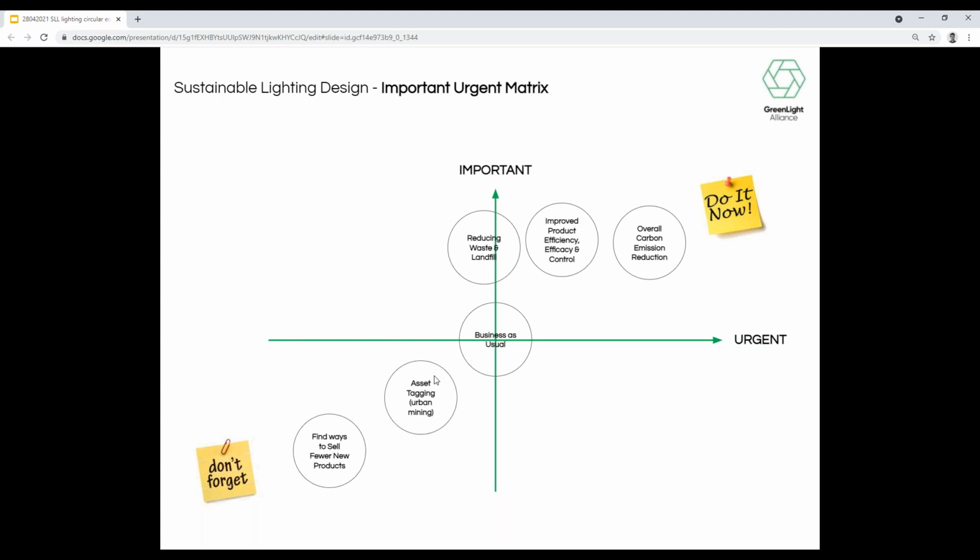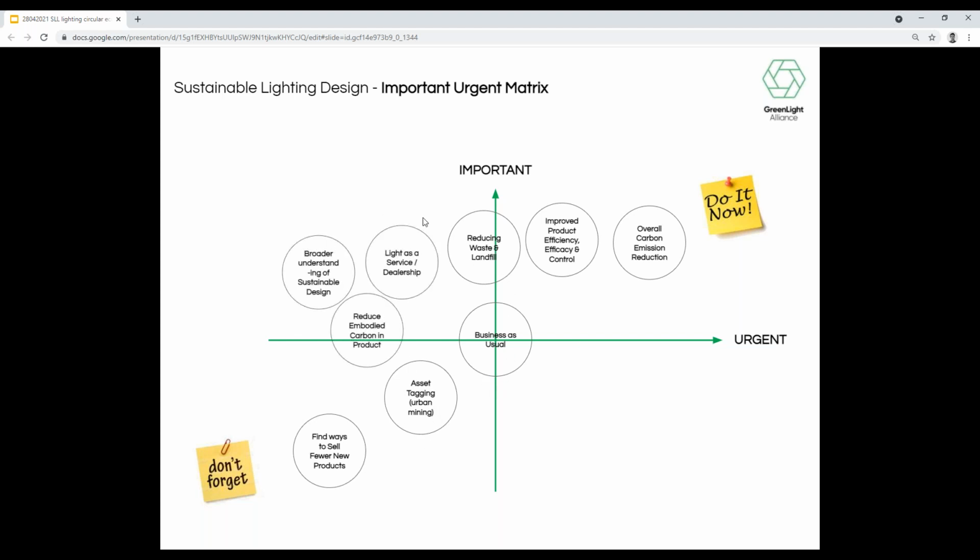Things like asset tagging for urban mining. There's discussion about how we track the materials as well as the products which are in our buildings and being moved around, with raw materials like copper predicted to be out of the useful or efficient mining range in about 20 years' time. A lot of the copper we're going to use is going to be out in the market already within electric items, within products that we use, and we need to understand where those things are and how we can reclaim those materials. So that's going to have to come up the list at some point.